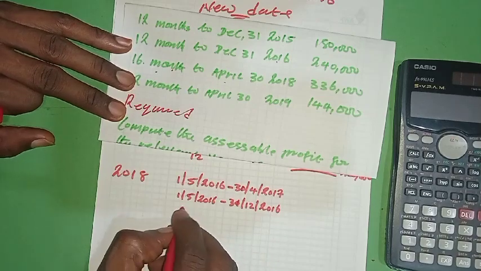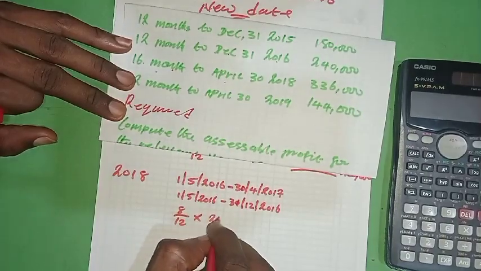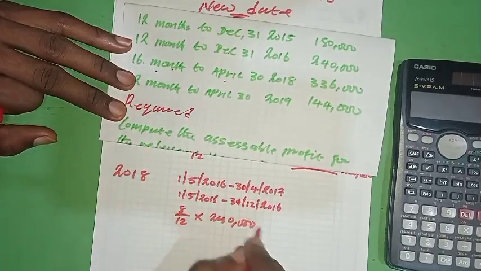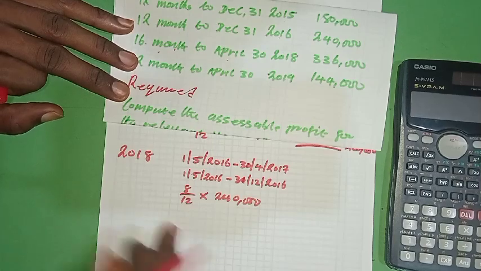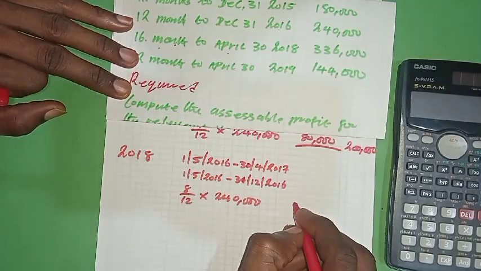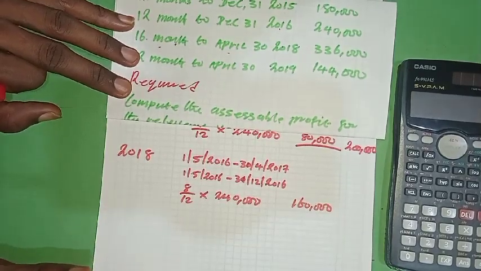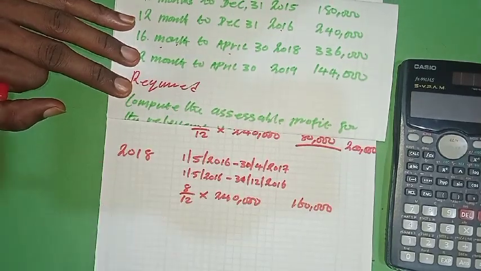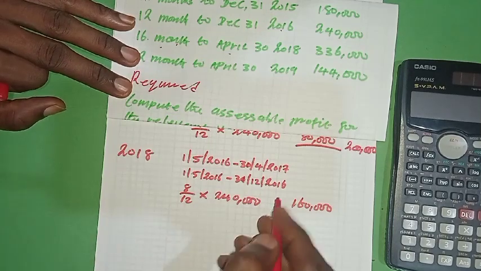Then you come here and say 8 divided by 12 times 240. I hope you are getting it. 8 divided by 12 times 240 will give you 160. We've gotten 8. How many months are remaining? 4 months to make it 1 year. And this 4 months now is